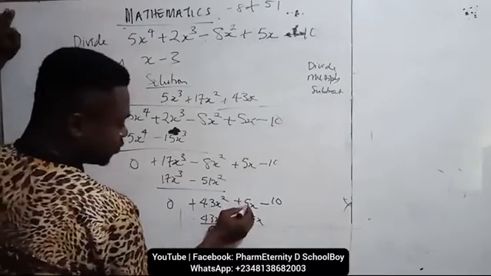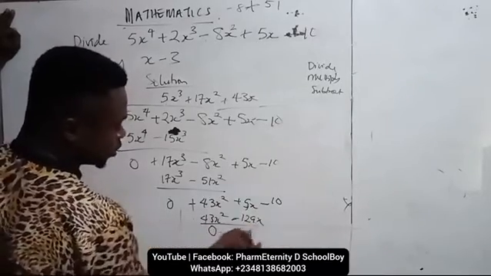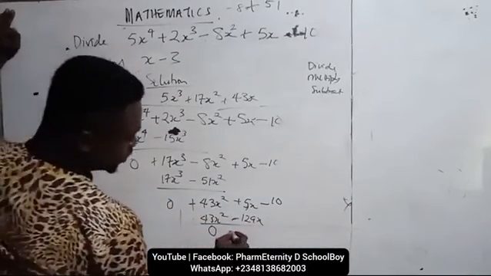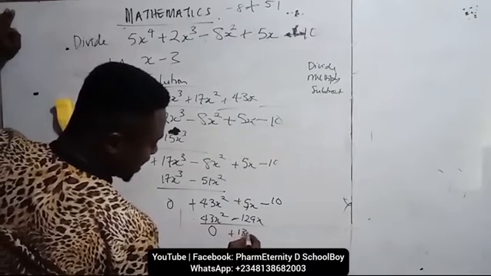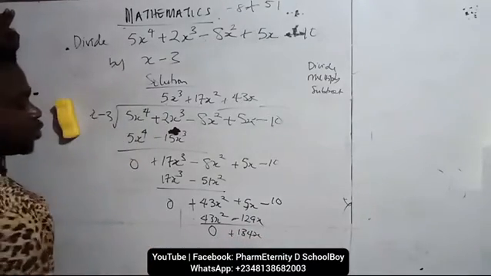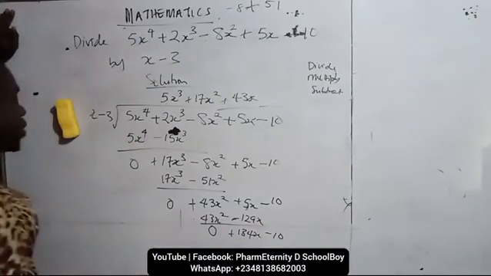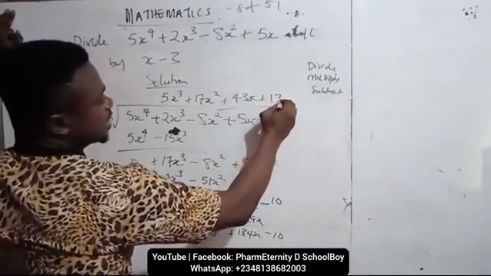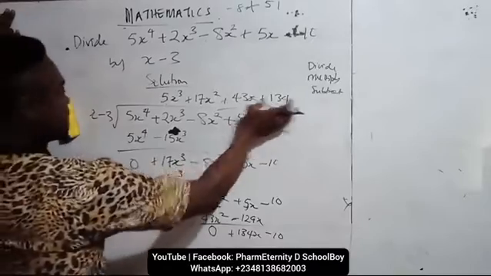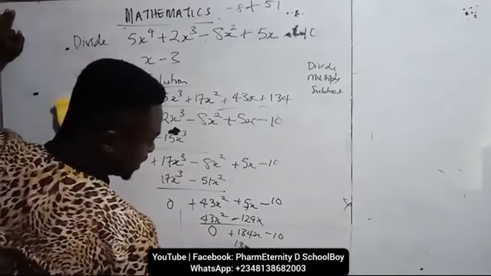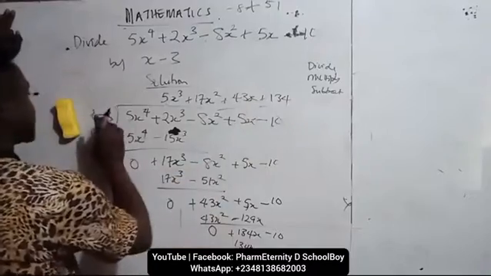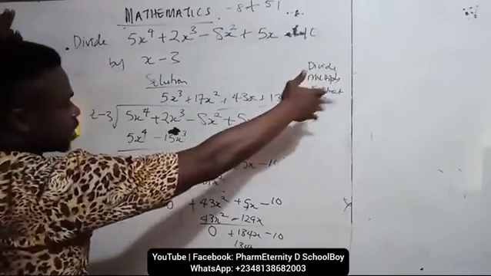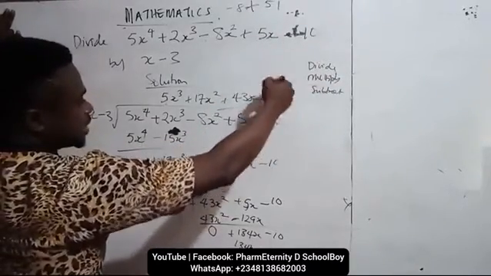0. Then 5x minus minus 129x is 5x plus 129x, which will now give us plus 134x. We bring down minus 10. We'll continue. x divides 134x, we'll have plus 134. We multiply again. 134 times x is what? 134x. 134 times minus 3 is